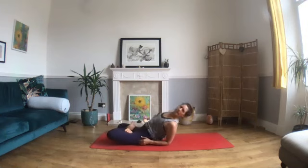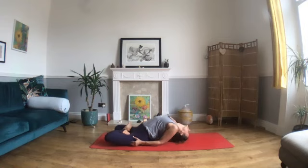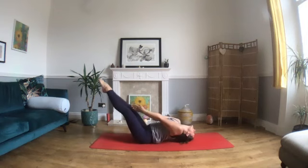4. Last breath. If you can, upper body staying the same, coming into Udana Padasana, so releasing your legs into boat pose, straightening out your arms. 5,